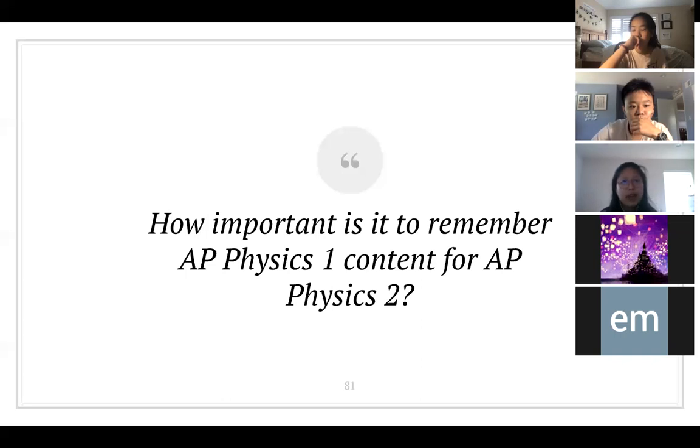I do know though that at the end of the year, at least for this year, we ran out of time to go over the last unit for AP Physics 2, which I believe was modern physics, so nuclear, atomic, that sort of stuff. That stuff has chemistry topics included. And I personally did not take AP Chemistry; I took on-level chemistry the year before I took AP Physics 2. So retaining some of your chemistry knowledge might be useful,